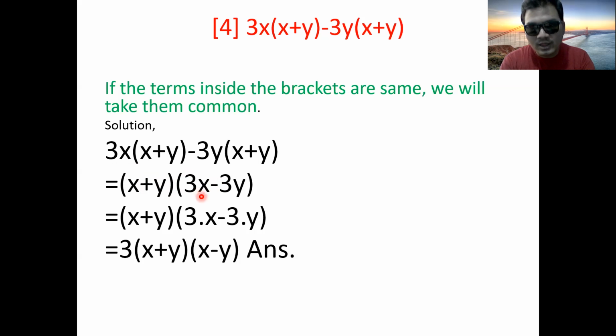Here 3x is remaining and here minus 3y is remaining. Okay, now again look at this, 3 into x minus 3 into y. Here it is the same, look, here is 3, here is 3. That's why we have to take 3 common. If you take 3 common, first x plus y, right? And here the remaining is x minus y. Okay, these are the factors. Look, 3 is one factor, x plus y is another factor, and x minus y is another factor. These are the 3 factors. Okay, like this we factorize if there are 4 terms. Let's move to the next slide.